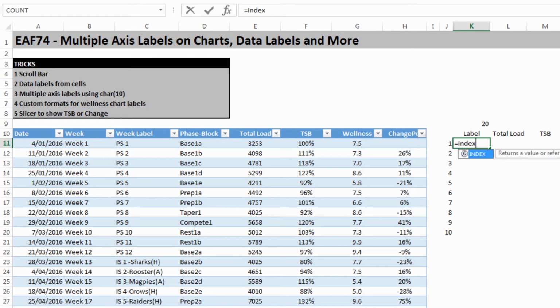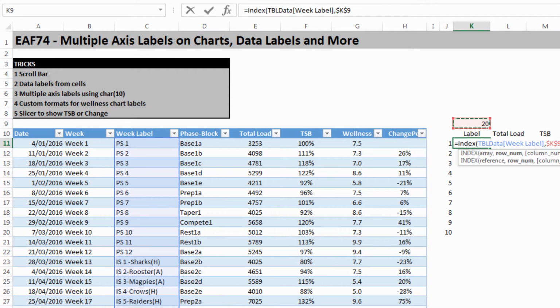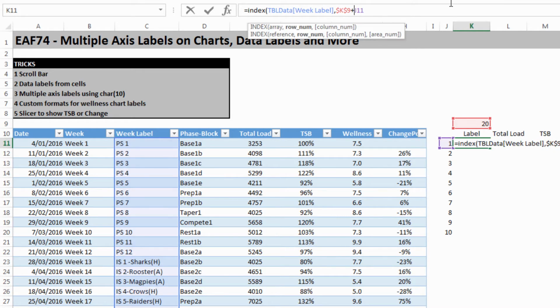Let's get some data out of our table. Where do we want to look? TBL data. Let's use the week label to get us started. What row do we want to look in? I'm going to click on this cell and lock it with the F4 key. Now I'm going to add this value here. If I want to copy this, I need to use a $ sign in front of the J but not the 11. If I put a close bracket and hit enter,